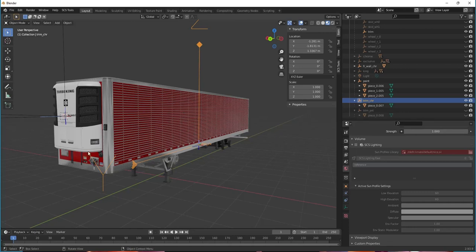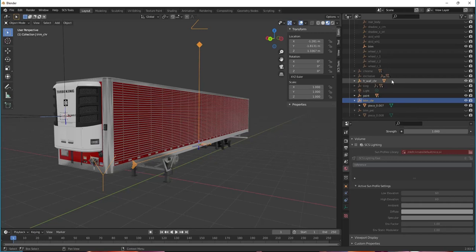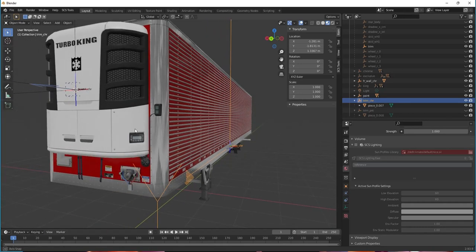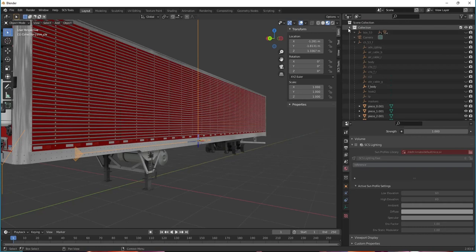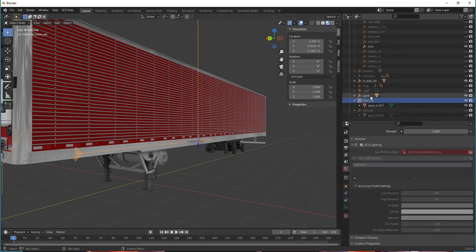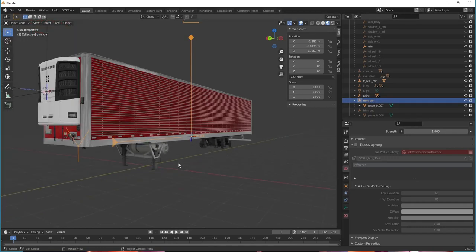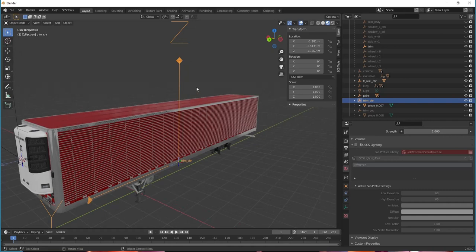But I did not have a model locator to go with your front chrome wall. So I didn't know exactly where to put it, and the only conclusion I can come to is that you never created a model locator for the chrome wall, because I could not find one in your chassis. Whenever you create a root object, the root object is going to come in wherever your cursor is. So if I hit shift and drag your cursor up here,